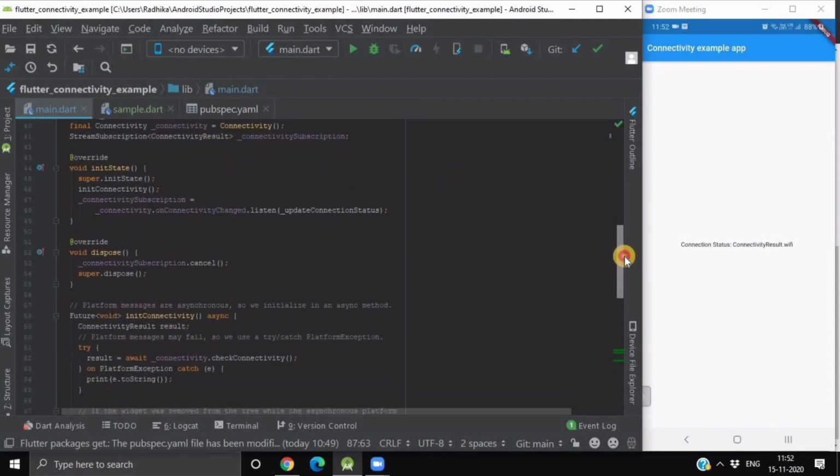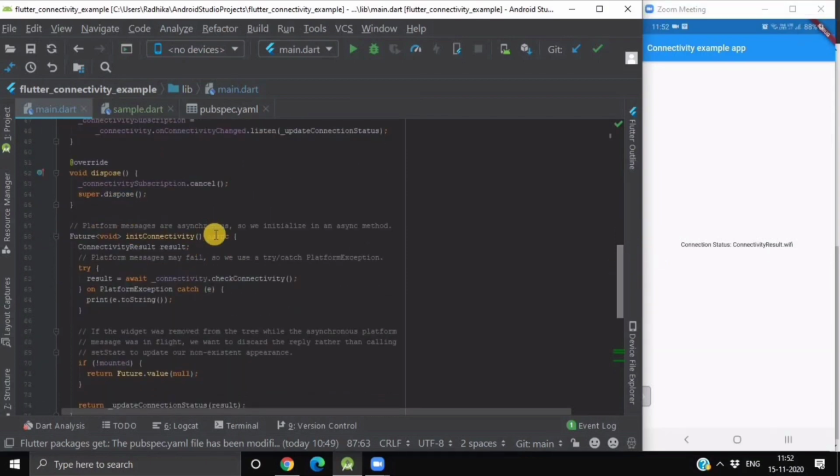Now inside our init state method I have one method, the init connectivity method. What does this method do? This init connectivity method is of future type, and it will return the connectivity result, so we will check what type of result we are getting.